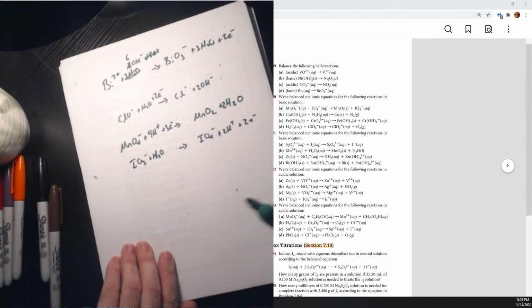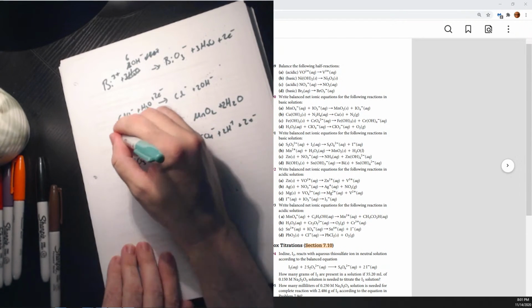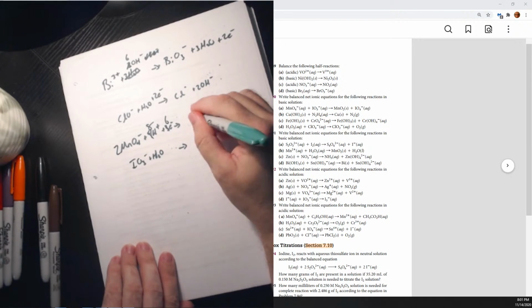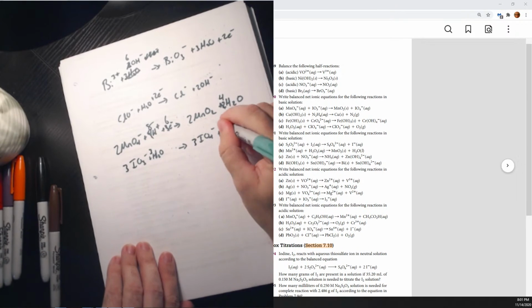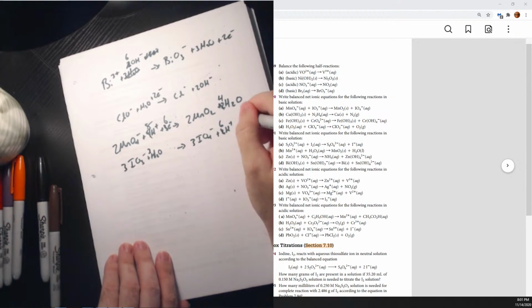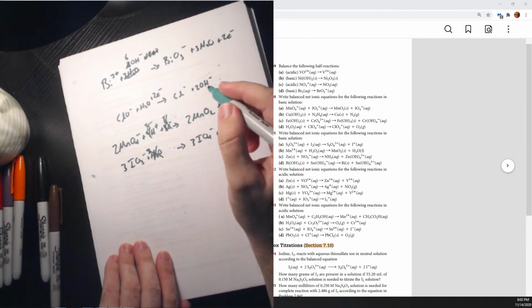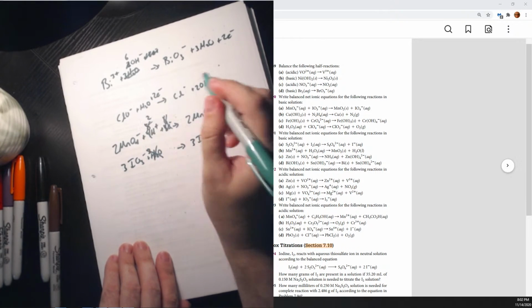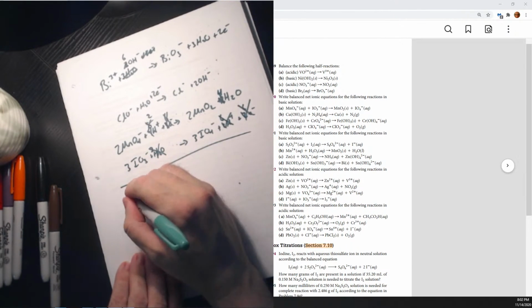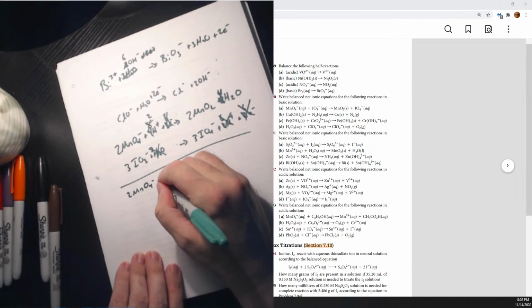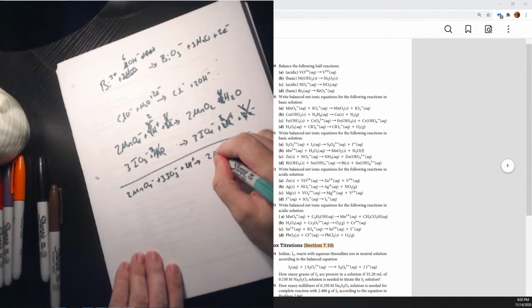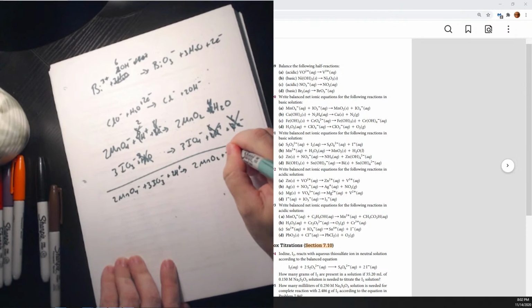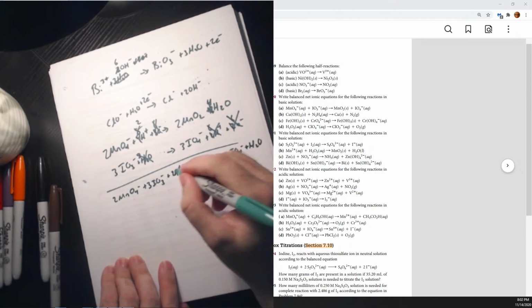Wait, IO3, yeah, okay, good. So now to balance them against each other, we're going to need 2, 8, 6, 2, 4 versus 3, 3, 3, 6. Our electrons disappear entirely. Most of the water disappears. All but 2 of the H plus. So 2 MnO4 minus plus 3IO3 minus plus 2H plus goes to 2 MnO2 plus 3IO4 minus plus H2O plus